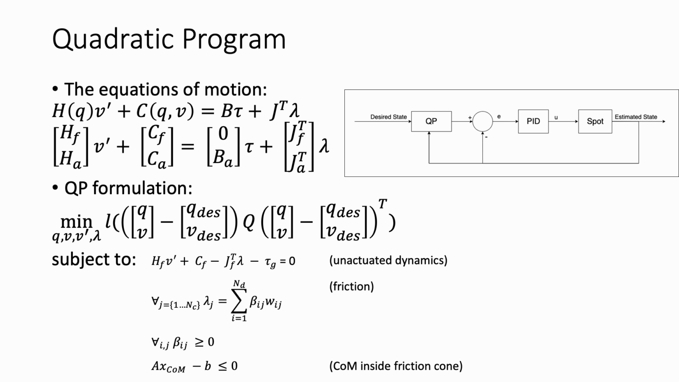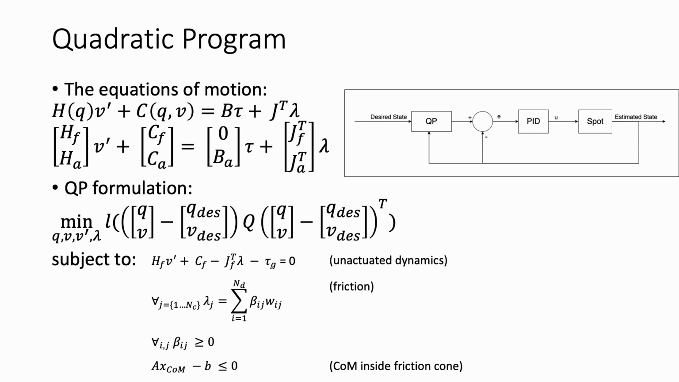So we need to do the quadratic program, and we can write the equation of motion given Q and V in this way, and we can split that equation of motion into a free part, the unactuated part, and the actuated part. The formulation for the quadratic program is to minimize the error cost